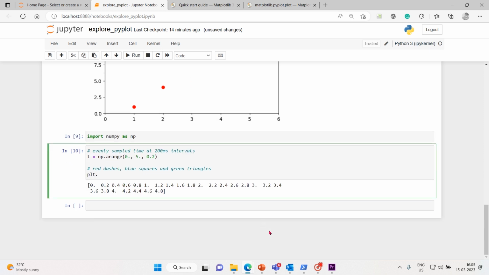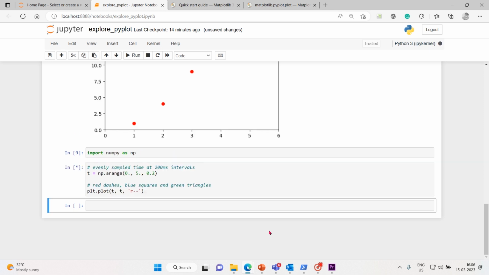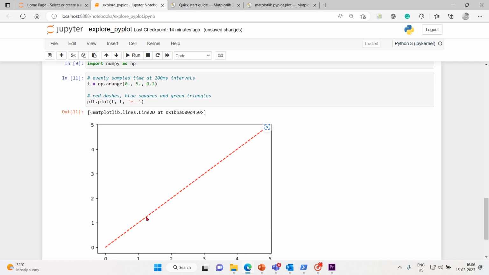We have to take plt, the library collection, and then out of that I'll go for the plot method. And inside the plot method, x is t, and we have y data, that's also t. And after that, 'r--', so one I want as that. So one plot. Okay, first let me plot this one. You got it. Straight line